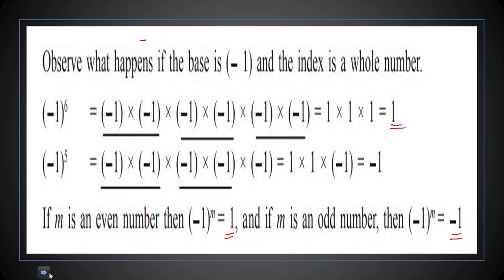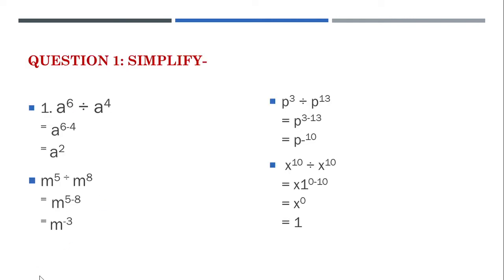So let's start solving practice set 28. Very easy this practice set is. Firstly, you have to simplify a raised to 6 divided by a raised to 4. Children, the base is the same. Take it common and subtract the powers. 6 minus 4 will be 2. And when the power is 2, we call it square, a square.